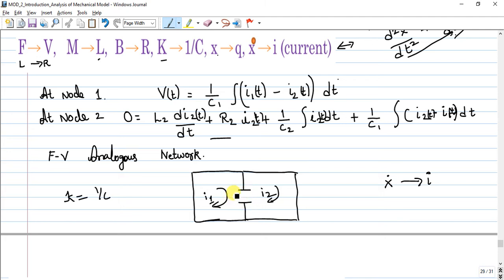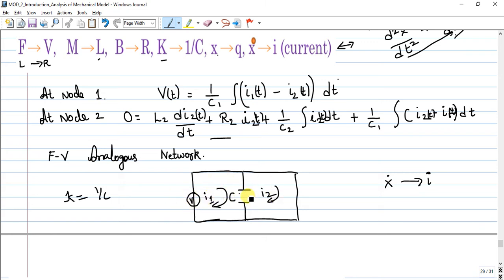Okay, I will represent c. Now here, don't consider it directly, I have to represent it as 1 by c. So here c is equal to 1 by k. That is the concept: I will consider c as the reciprocal of the spring constant. So this part is done, and my input as voltage V. So the first loop is done.